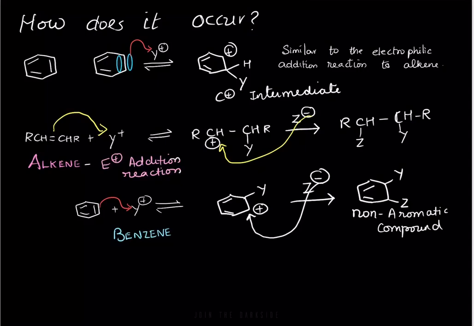So let's see how that happens. Again, it's going to form the carbocation. So instead of this Z going and attacking this carbon, if it goes and abstracts this hydrogen right here,